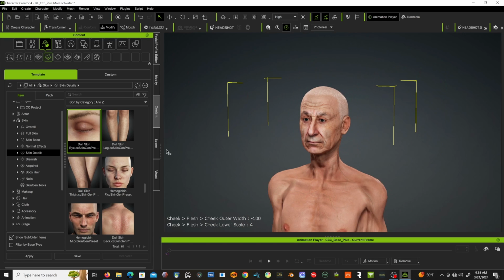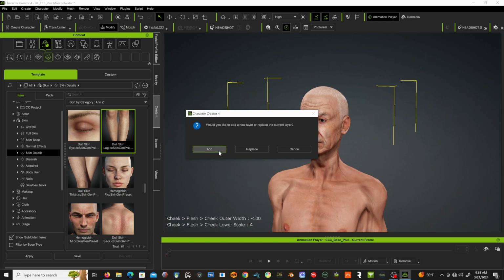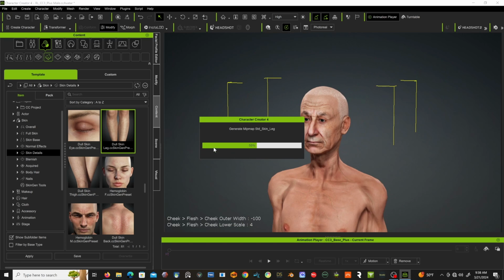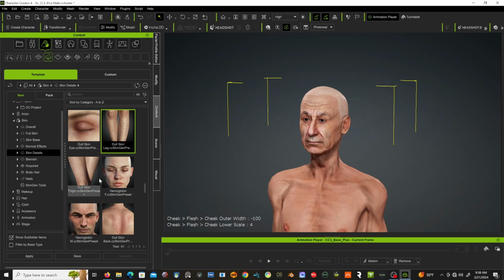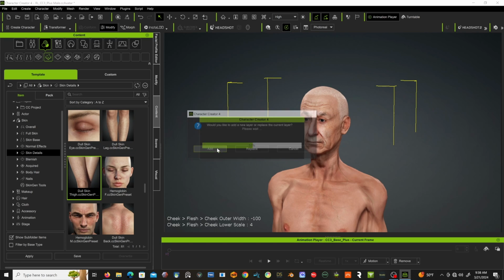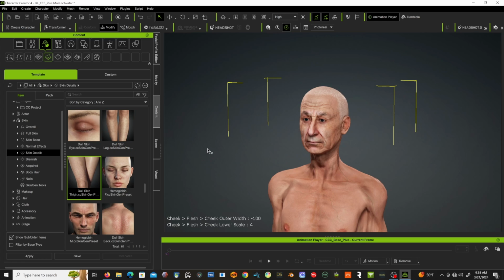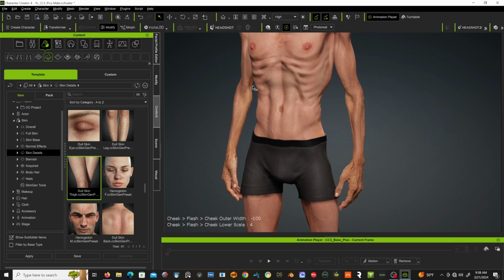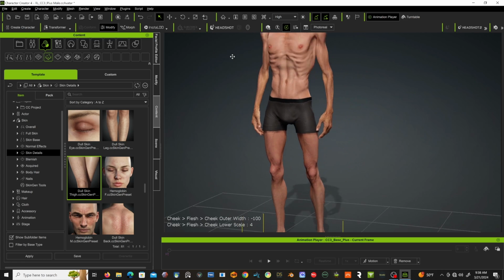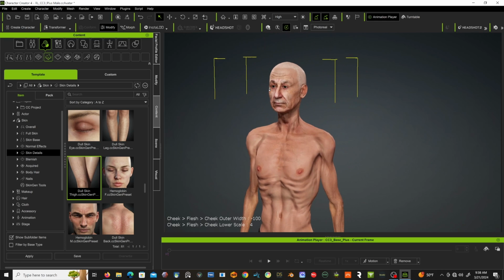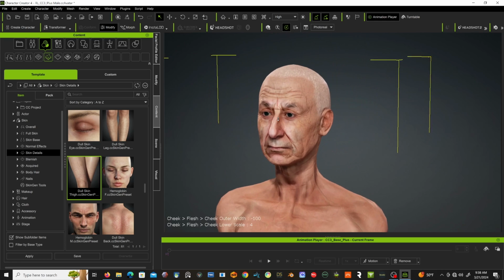You can go on dull skin legs. Let's do that. That's for the calves or the shins. We're gonna do it also on the thighs. I'm just gonna do it without even looking at it because I know it's good. Cool. So now we have much more natural looking body and whatnot so far, and we're gonna add some hemoglobin